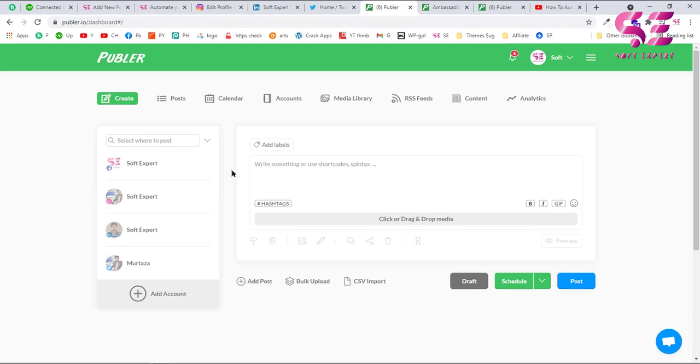And this is how you can connect your social profiles over here. And as you can see, I've connected Facebook, Instagram, LinkedIn and Twitter. Now if I write a post over here, then this will automatically post on all of these platforms. So let's try this.